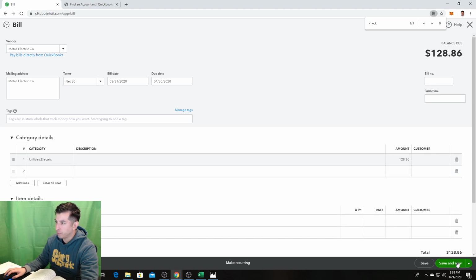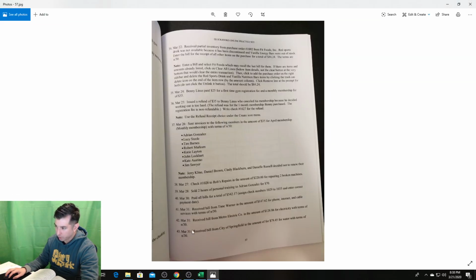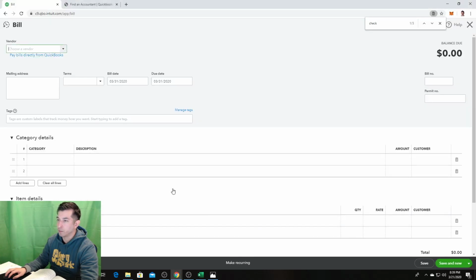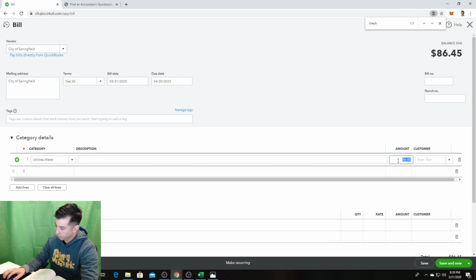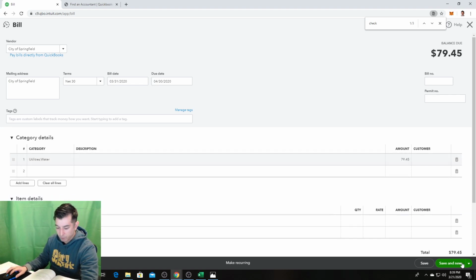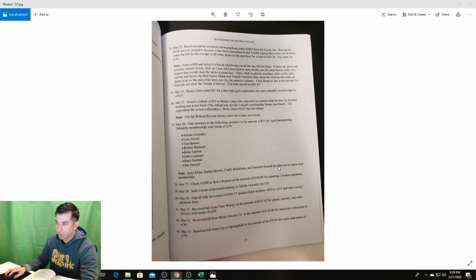Okay. Save and new. Next item is going to be March 31st, received bill from City of Springfield in the amount of $79.45 for the water with terms of net 30. So City of Springfield, terms is going to be net 30. Bill date is going to be March 31st. Utilities water, $79.45. Save and see what's next. Save and new. We have another bill. And the next bill is going to be